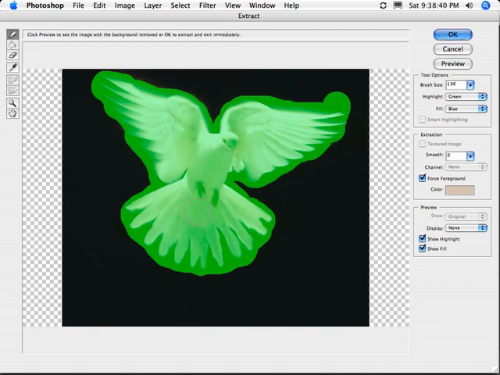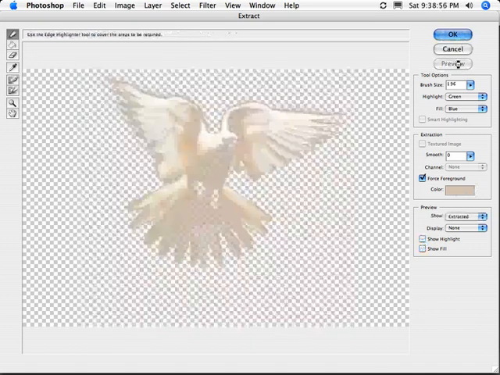Remember, there is no need for the bucket tool with this process because we're going to force all the colors that we've selected, which are lighter than this color here, and black will be eliminated. We're going to select Preview right over here, and we should now see our dove. Now, our goal is to get as much of the dove as possible without introducing too many black pixels around